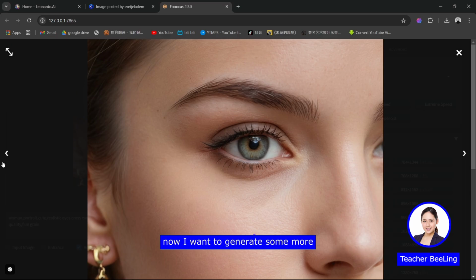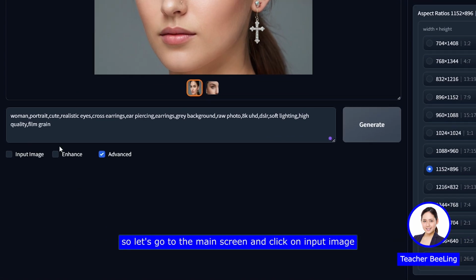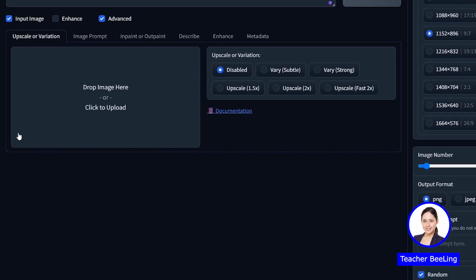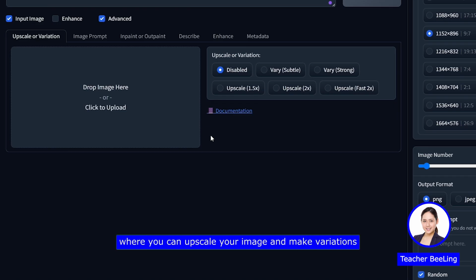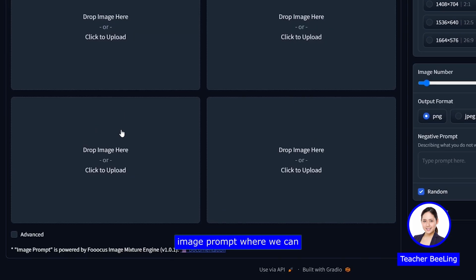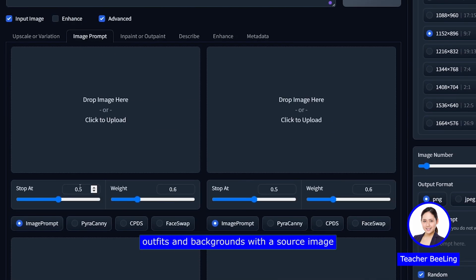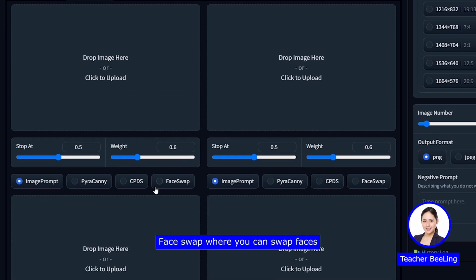Now, I want to generate some more images with the top and bottom extended, so let's go to the main screen and click on Input Image. Under the Input Image tab, we see Upscale or Variations, where you can upscale your image and make variations, Image Prompt, where we can generate the model in different outfits and backgrounds with a source image, Face Swap, where you